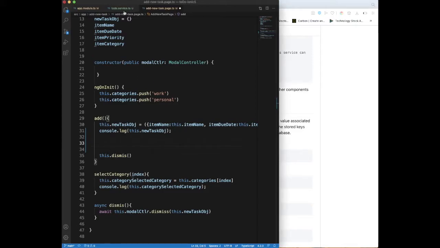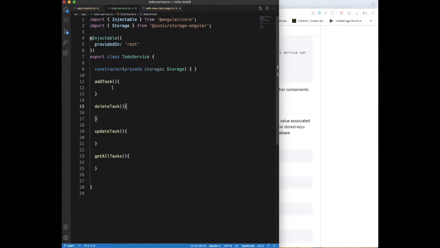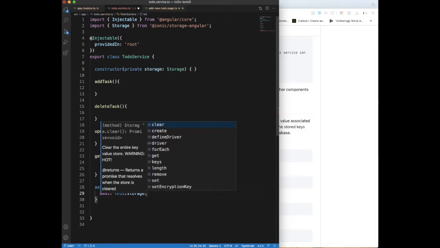Okay, so now what we need to do is go to our service and use the storage.set method. But before we do that, we need to create the storage first. I almost forgot that part, which is crucial. So I'm gonna have an init method that will execute every time the service is being called and every time that we want to use the storage. The storage cannot work until you create the actual record without creating a table. So we're gonna say the storage can create